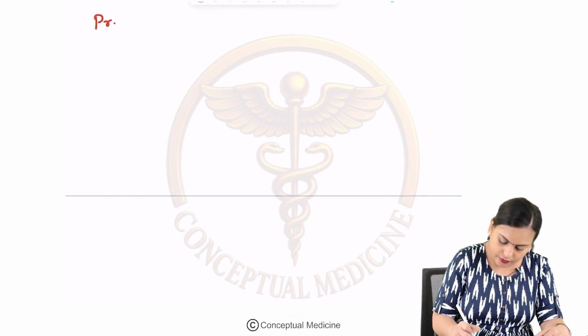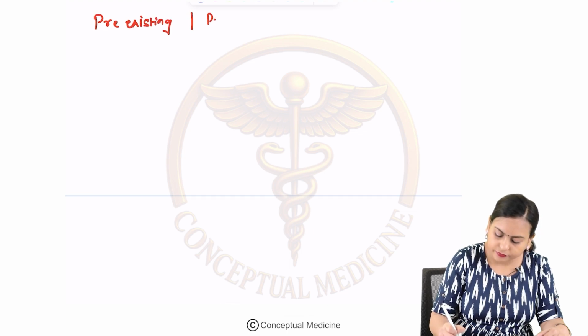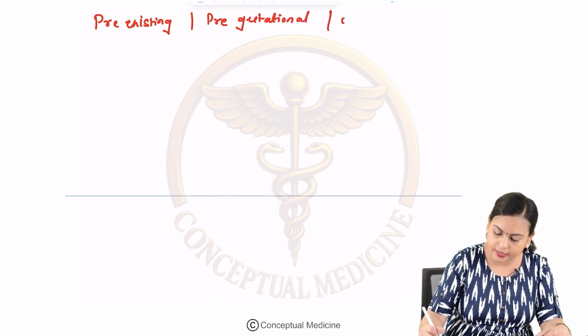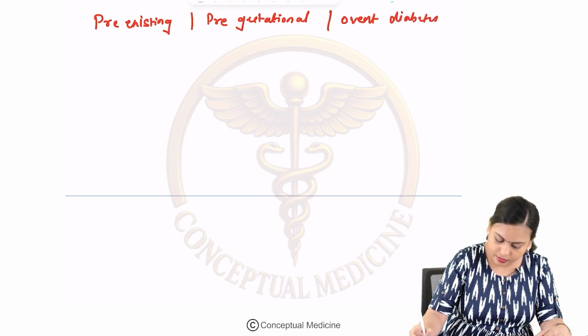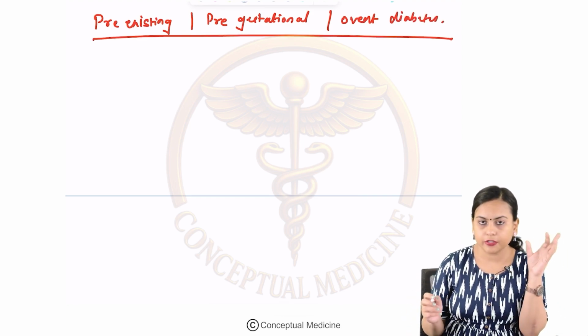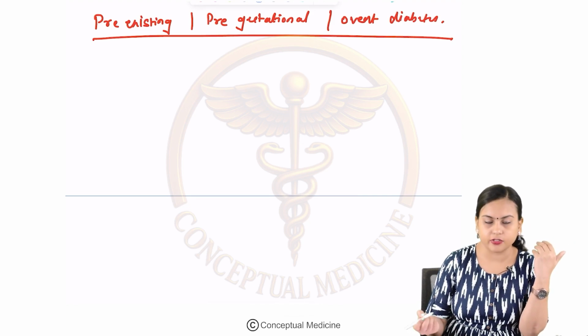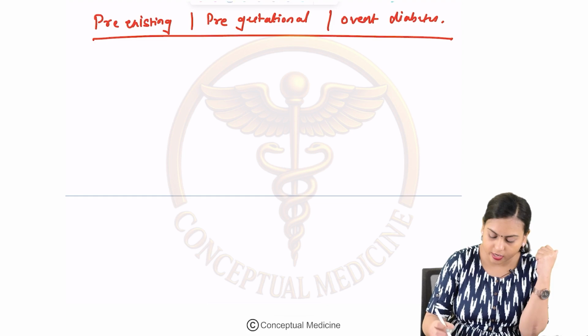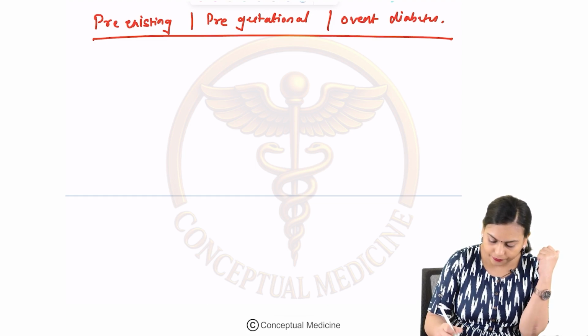The pre-existing or pre-gestational, in other words, you can also call it overt diabetes. Now, I want you to know the cutoff ranges for diagnosing this, then we'll go to the discussion. So, we'll see the cutoff